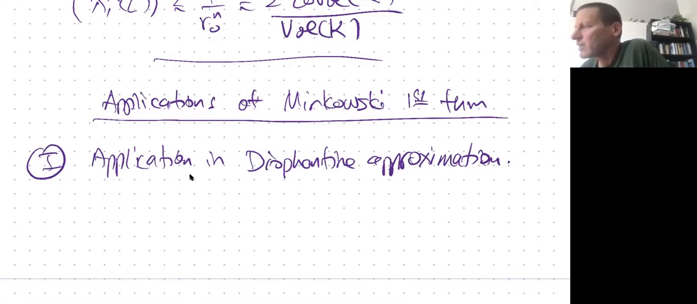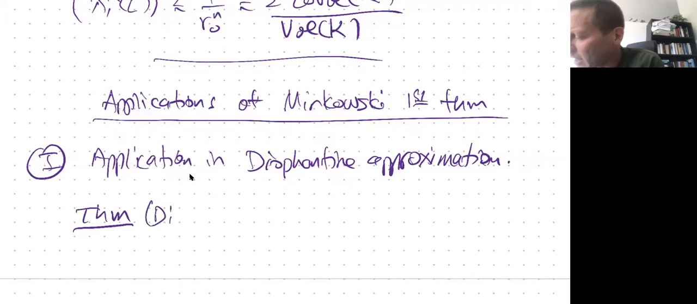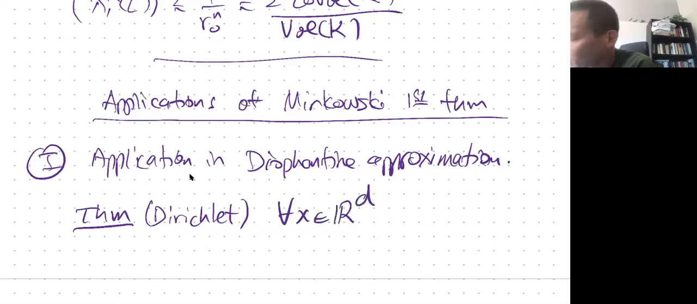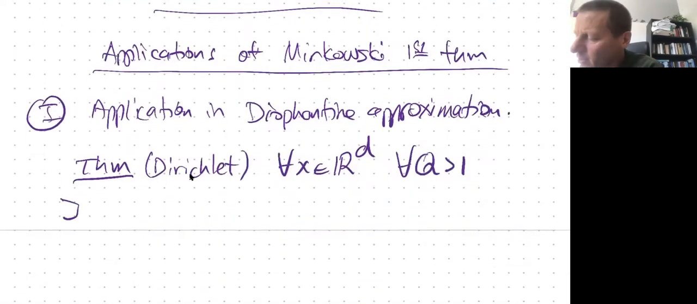So that's a whole field, and the best known early result in this field, which many of you have already seen, is the Dirichlet theorem. I'm going to state the Dirichlet theorem for those who have not seen it, and for those who have, explain the relation to Minkowski's first theorem. I'm going to state it in the form that's needed for approximation of real vectors. So for every real vector x in d dimensions, and for every Q, which is a real parameter bigger than 1, there exists an integer vector p and